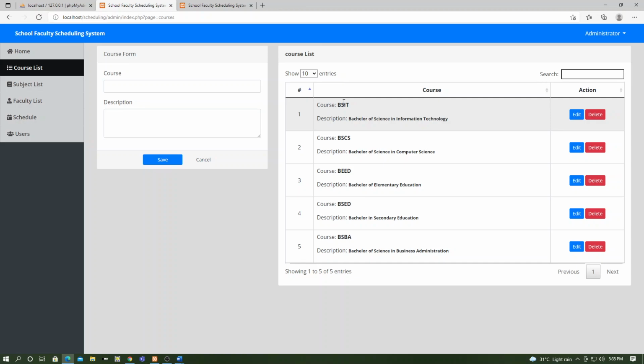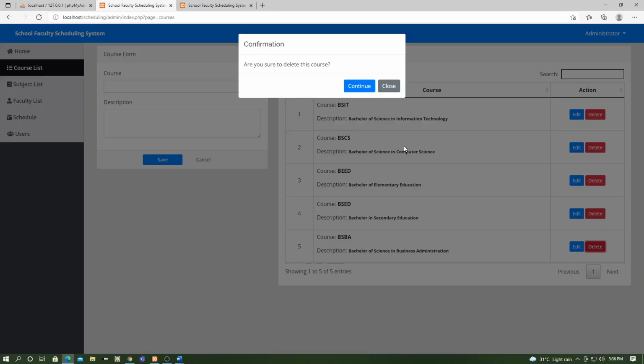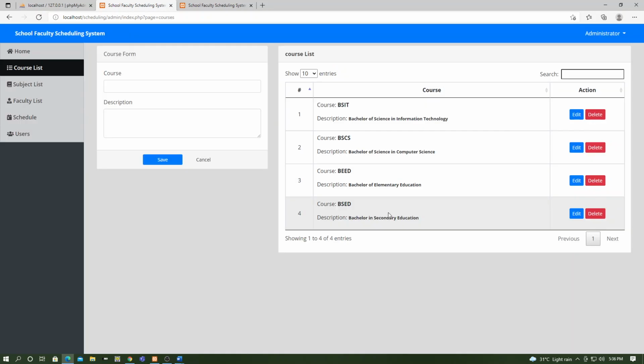The admin can also edit and delete information in this interface. For example, we delete this one. Just click continue and the information will be deleted.